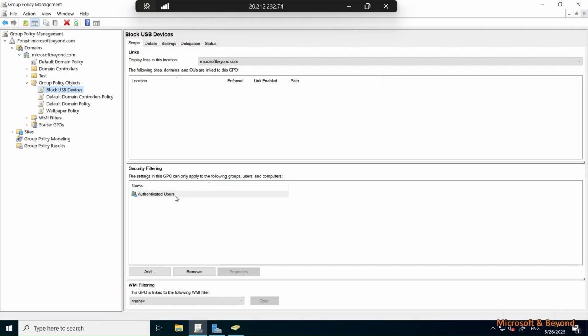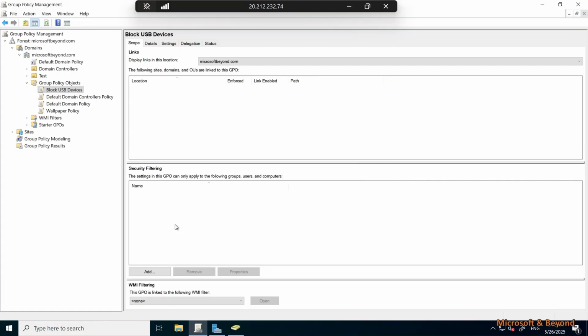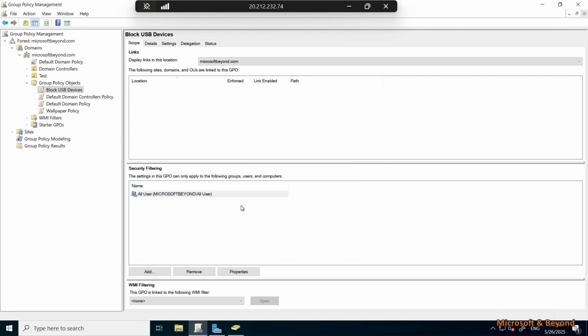In here, in security filtering, remove that authenticated user. Remove it in here. Now add the group that you created, all user. So what it will do, it will give the access for the local administrator to access the USB,